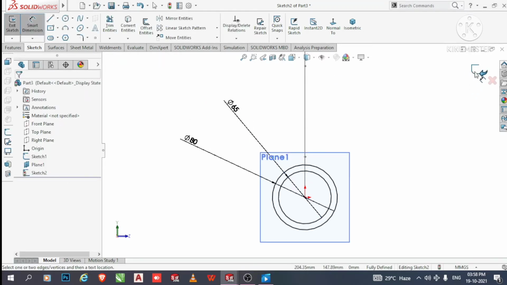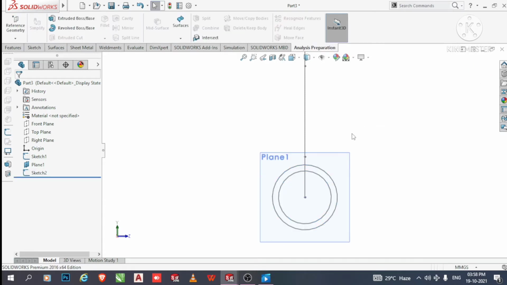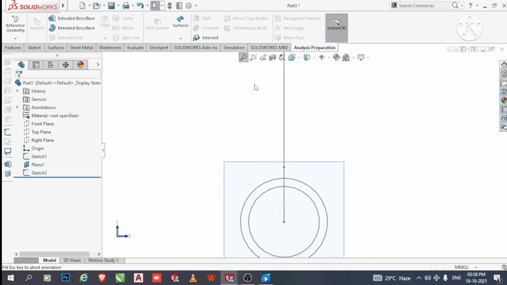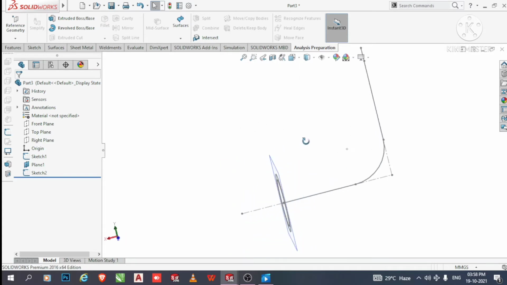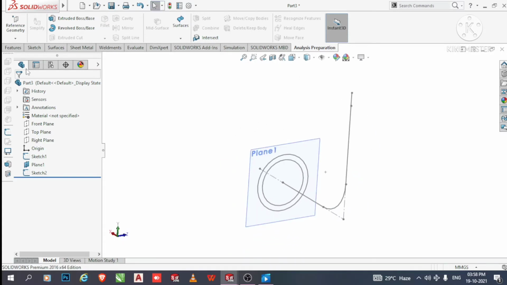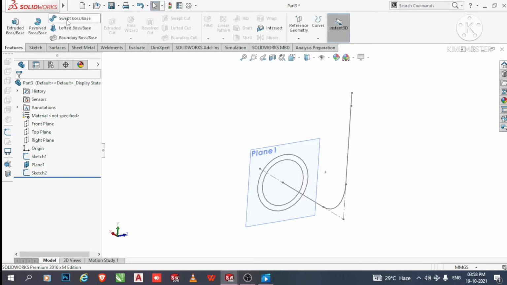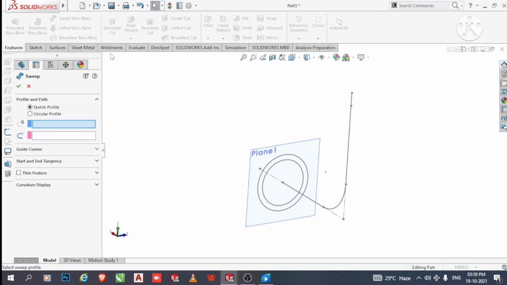Okay, now exit this sketch, and here we use the loft feature command. So we go to the feature, now select, sorry, not loft, we use the swept boss command. So select swept boss base, and we select the sketch profile.